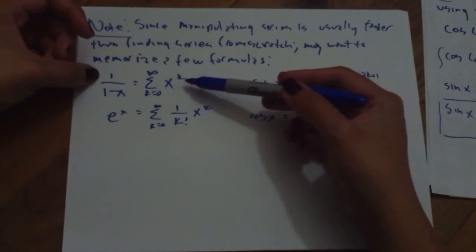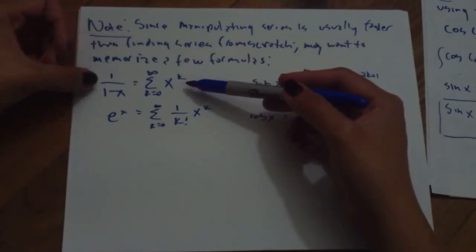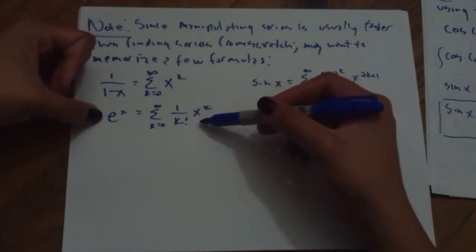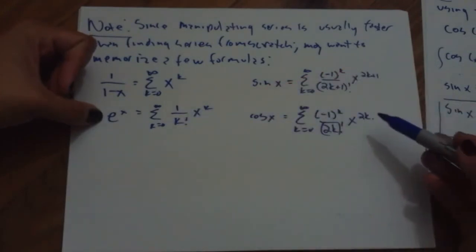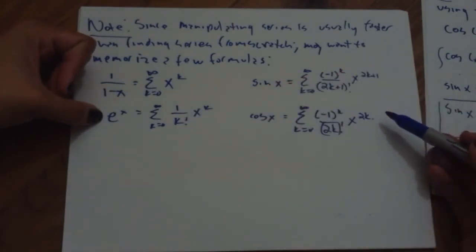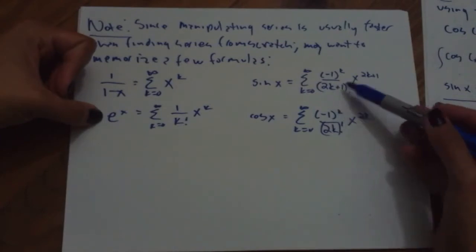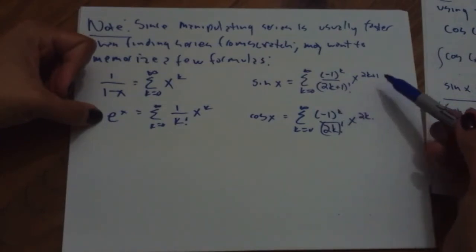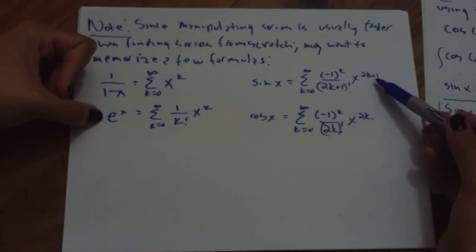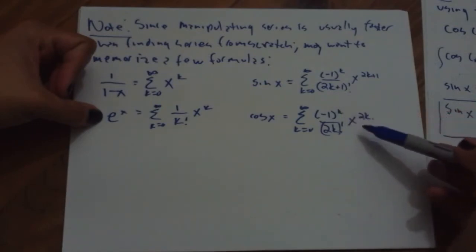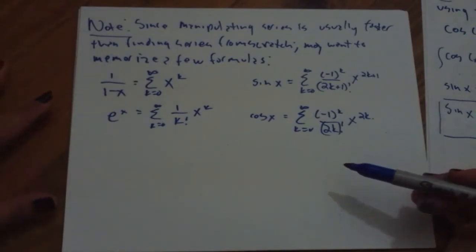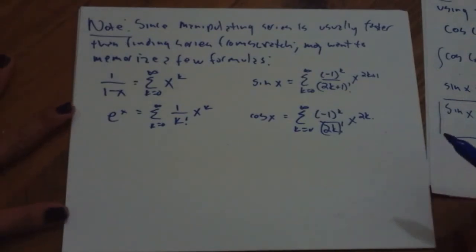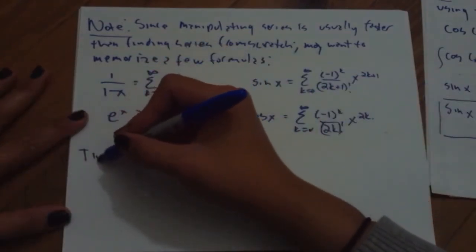One thing that I'll note, these are probably pretty easy to memorize. This one especially, because it looks like the geometric series formula. This one's not too bad because there's not too much going on in this formula here. These guys are messy, right? And they look kind of close to each other, except for the 2k plus 1s here and the 2k's here, and at least personally, that's the kind of thing I would usually mix up just because they look so close. I'll give you a tip for remembering